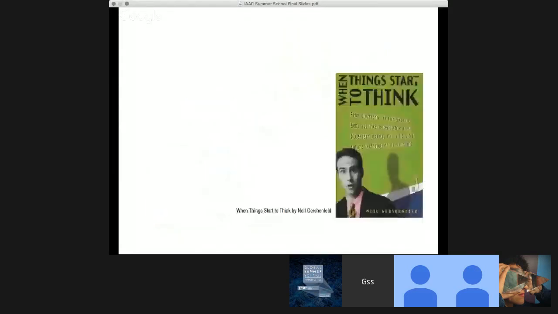In the book, When Things Start to Think, Neil Gershenfeld contemplates this idea of virtually augmenting the physical world, discussing a world in which everyday objects and devices are endowed with computational power that enables them to exchange information about our identities, abilities, and actions. What if we focus not on standalone objects, but overall environments and architectural spaces that not only are able to think, but also are able to talk to?